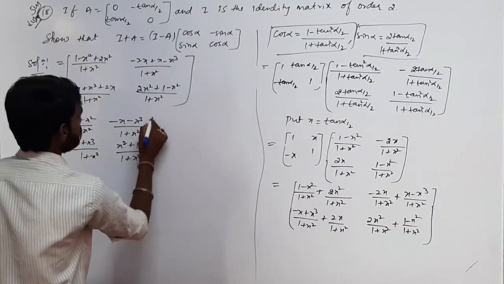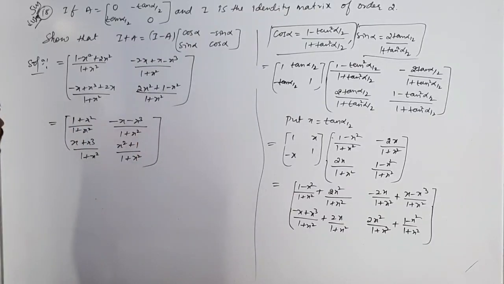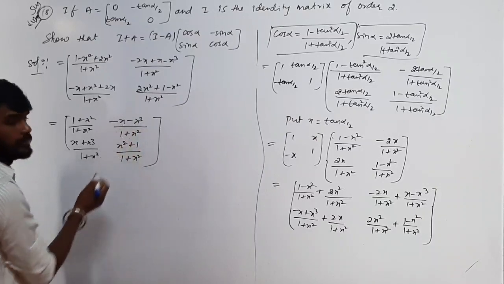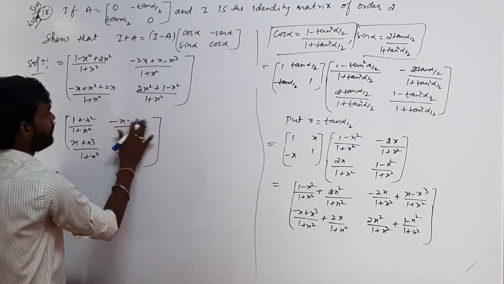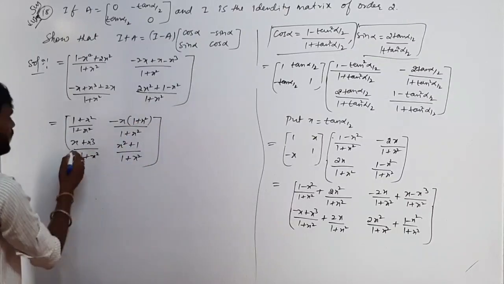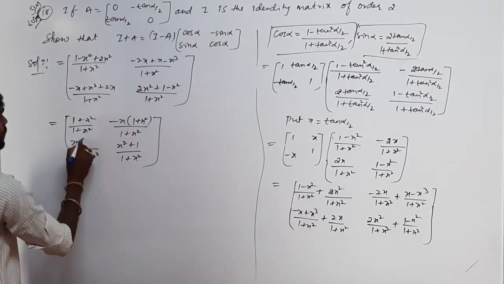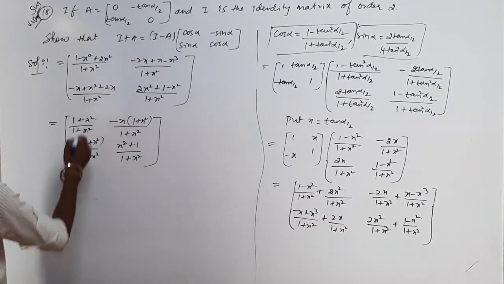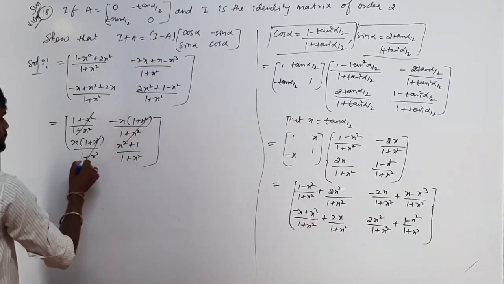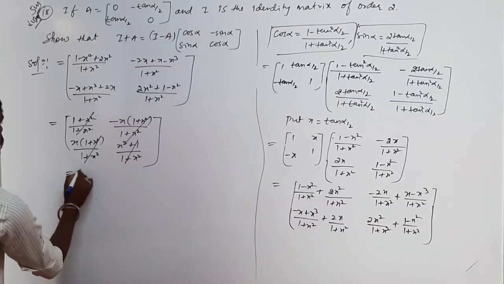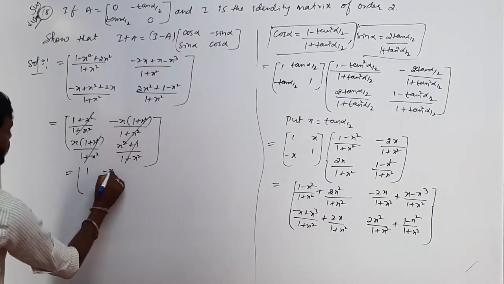So students, here I am taking this minus x common in this numerator. Then that is (1 plus x square). Here also I will take x common, (1 plus x square). Okay, now we can cancel out. Right? So this is equal to 1 minus x,